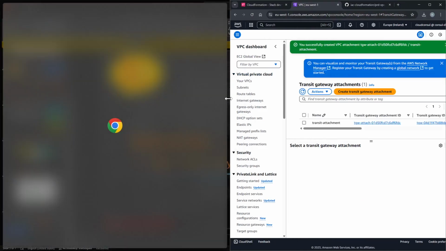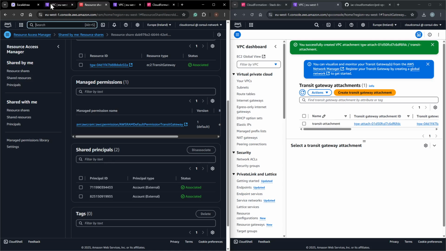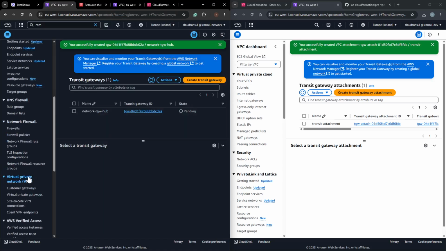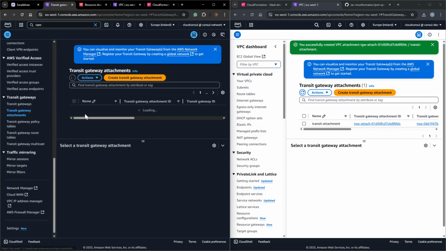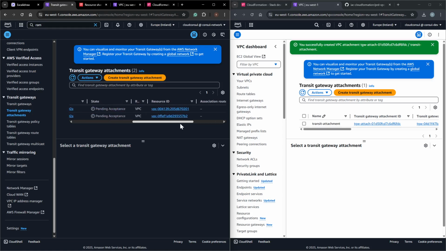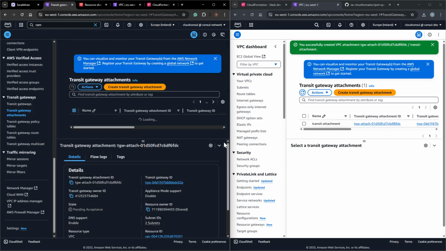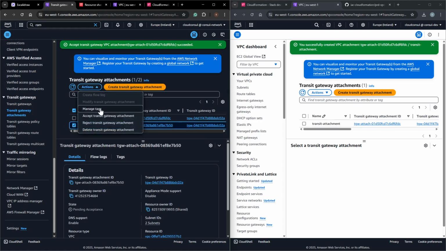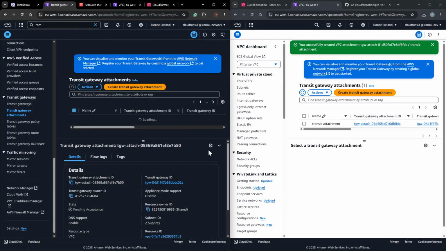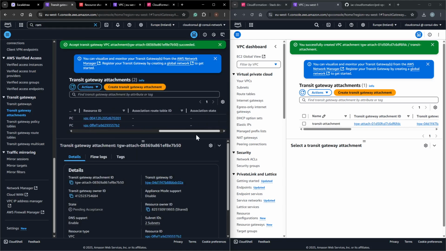After this attachment, we need to go to the network account and come to the transit gateway attachments. You will see that we have two pending requests, right? These requests have been made from the child accounts, from development and production both. I need to click on action and say accept. This one is coming from your development, this one is coming from production. The moment you accept the request, it will be associated. So this is my dev VPC